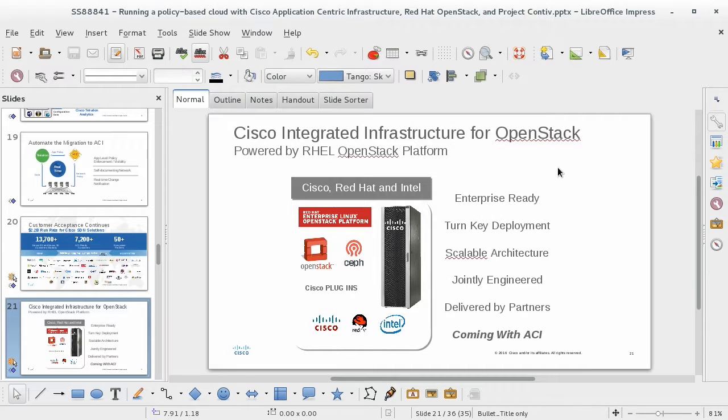One of the other big areas where Cisco and Red Hat have been working together is around the platform called UCSO, where we've taken Cisco UCS, Red Hat OpenStack, and we've built a CVD that actually shows you how to deploy these technologies together and gives you a recipe for putting together a working stack. And what we're doing now is we're extending that solution by adding ACI as part of the architecture. As I mentioned previously, the Nexus 9Ks were already part of the solution, and they support these multiple deployment models. So now we're just transitioning that to make it part of ACI, and that'll be coming later this year.